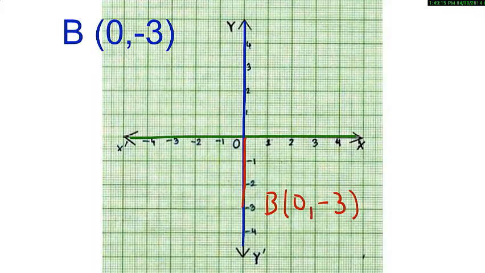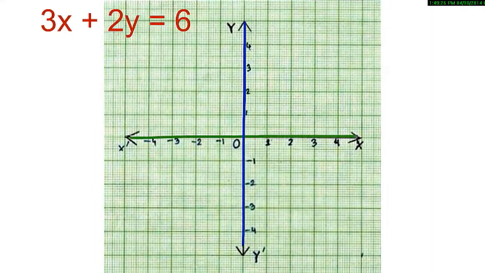So, to graph any line, is it sufficient for me to find the point where this line cuts the x-axis and the y-axis? Let us consider the line 3x + 2y = 6. How do we graph this line? To find where this line cuts the x-axis, put y equal to 0. So we have